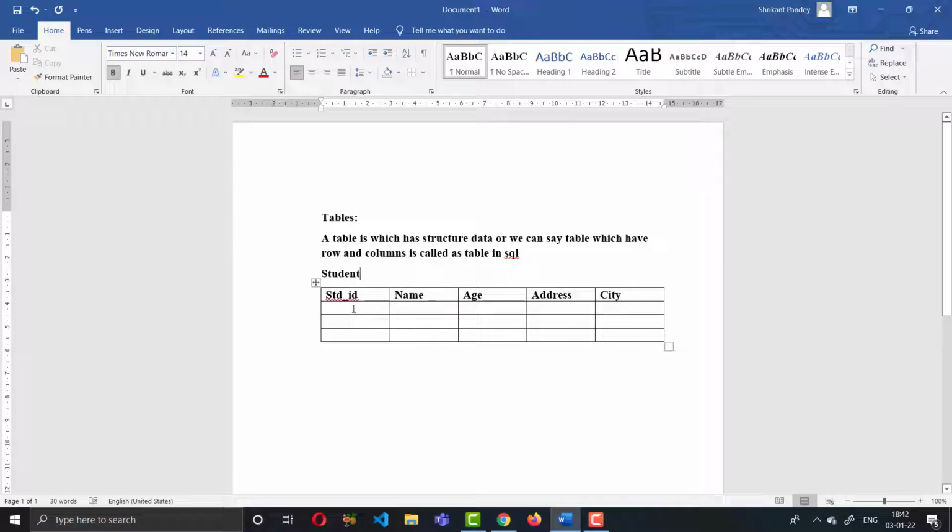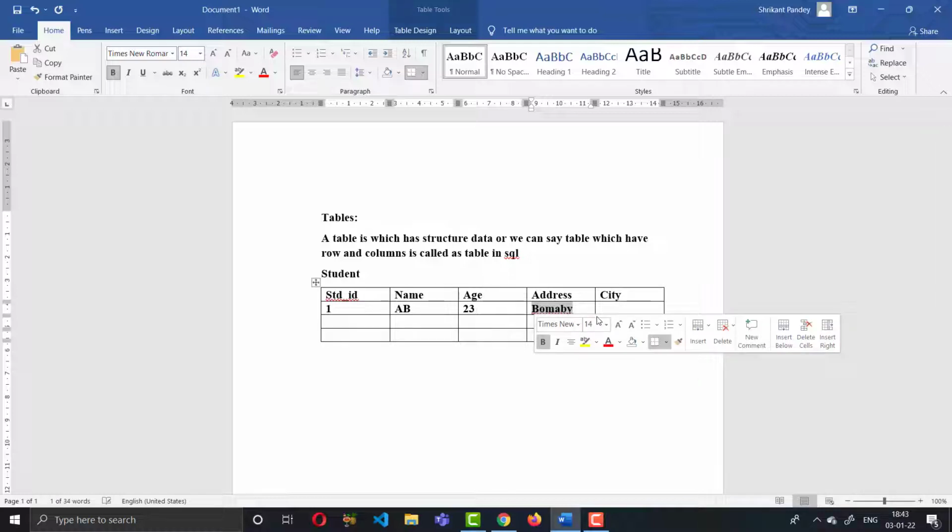Now we put in the information. What is the ID of the student? Suppose the ID is 1, the name is AB, the age is something, and the address is something like hash 1234, and the city is Bombay. Spelling may be wrong, sorry.